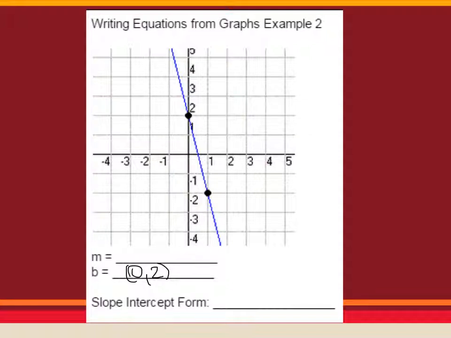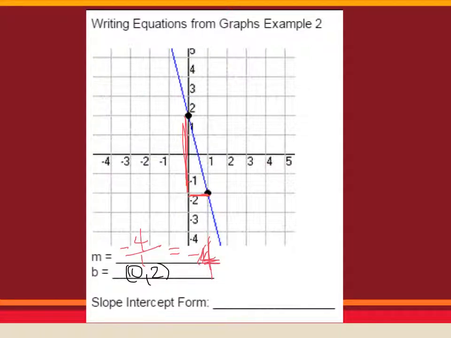Our slope is rise over run. We pick 2 points. This time we go down 4. If we go down, that's a negative 4, and then we go to the right 1 space. Negative 4 over 1 is equal to negative 4, so our slope is negative 4, and our y-intercept is at